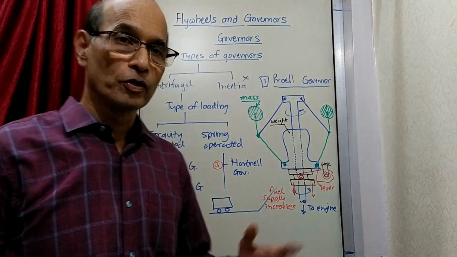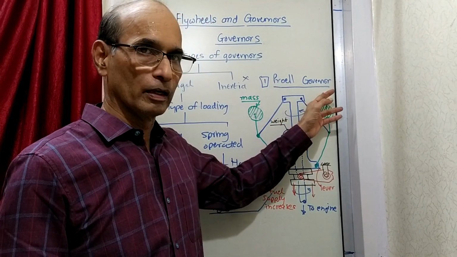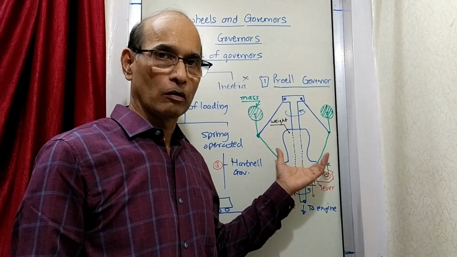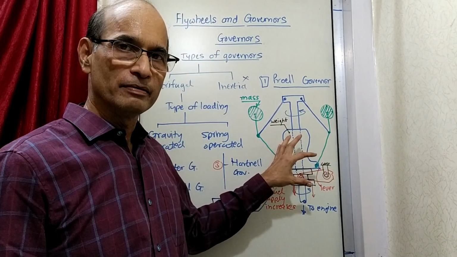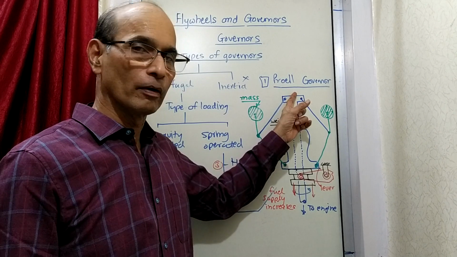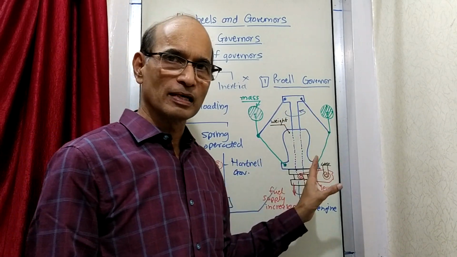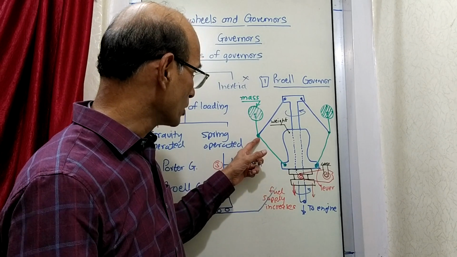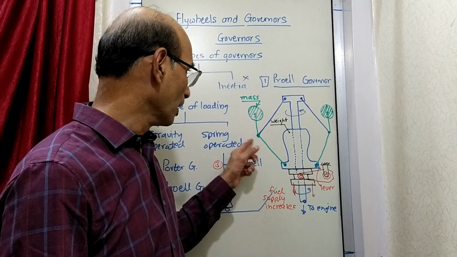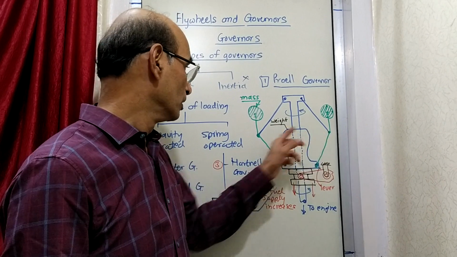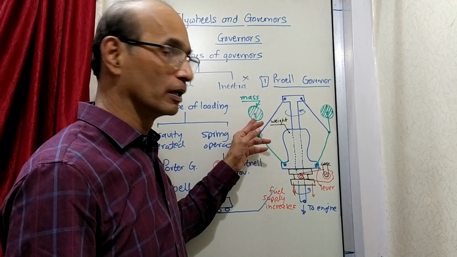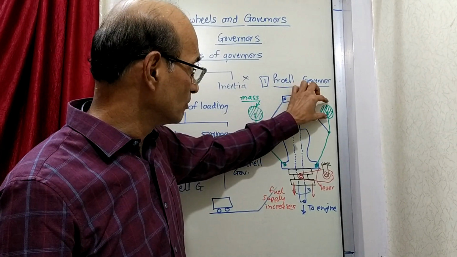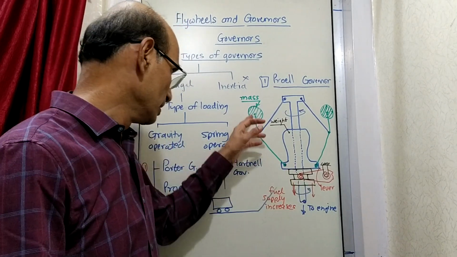Okay, so now you can see, this is a Powell governor. Last time the Porter governor was drawn. The figure is modified and now it is showing the Powell governor. You will observe that almost all the things are the same, only there is a slight difference. This link which was there, which was up to here last time, and then the masses were here. Now the same link is extended up to here, and then the masses are attached at a different place, slightly at a different distance.